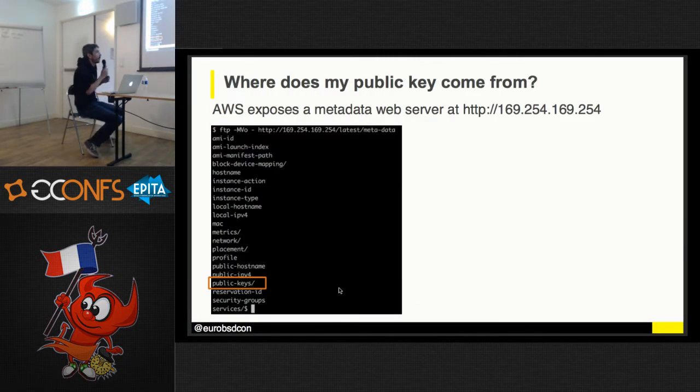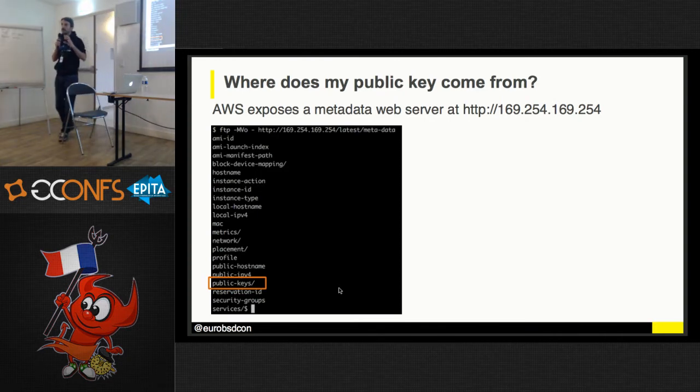The first thing is, you saw that I put my public IP address, my public key, sorry, when I created the machine. And the question is, how can I connect to it? Of course, I have my private key on my laptop, so that's why I was able to SSH. But how was the key downloaded to AWS? The way this works is AWS exposes a metadata web server at this address here. There is a lot of information, and we're going to go through a few pieces afterwards. But the one we're interested in now is public-keys, which is a directory where you can get the public key that you gave to the machine. So we're just going to check that.